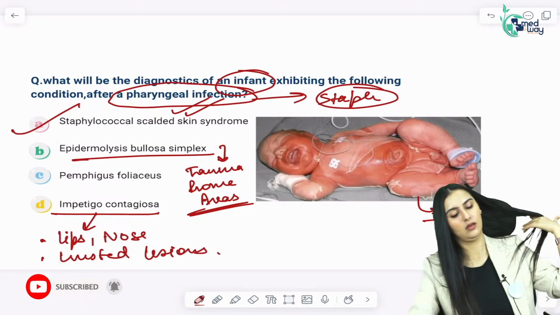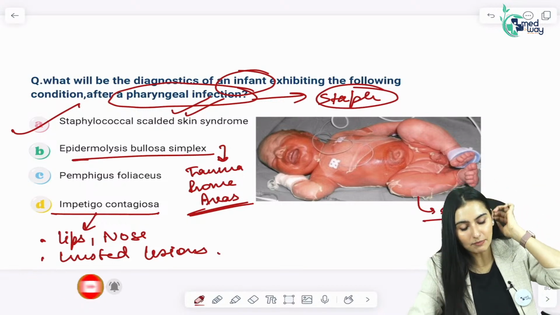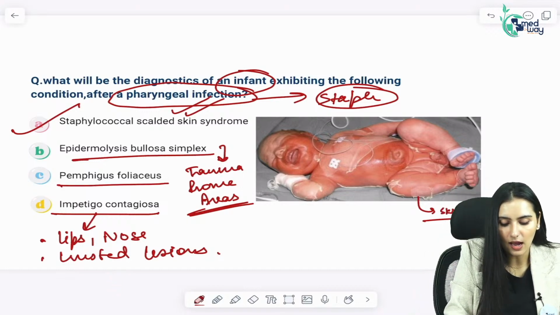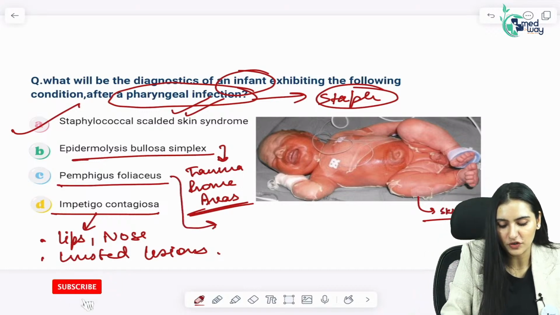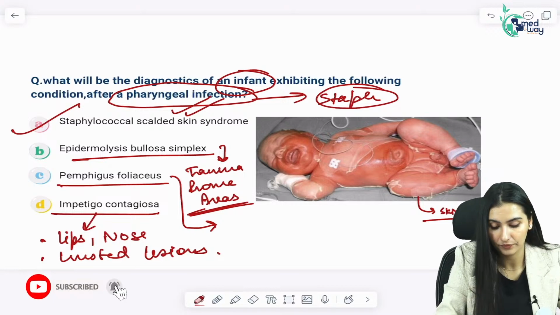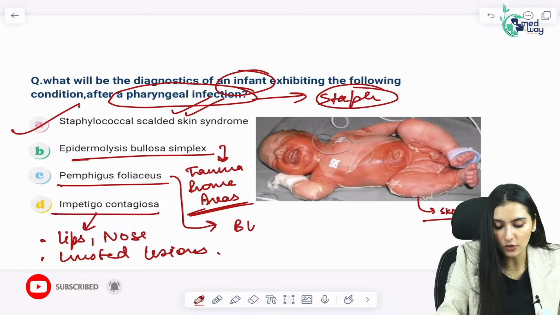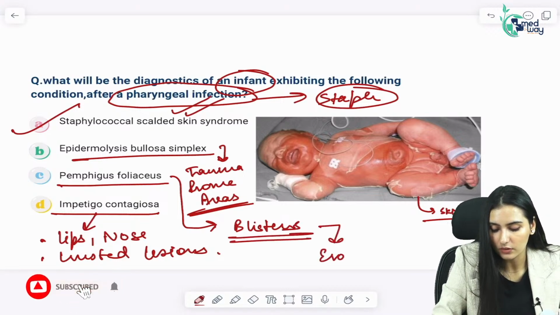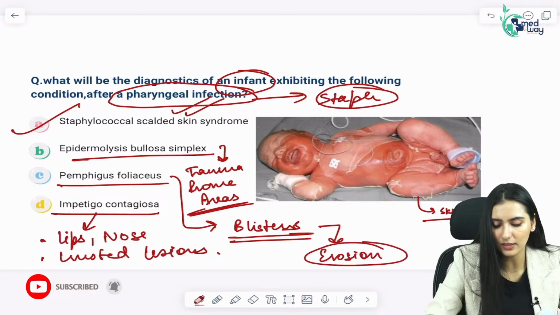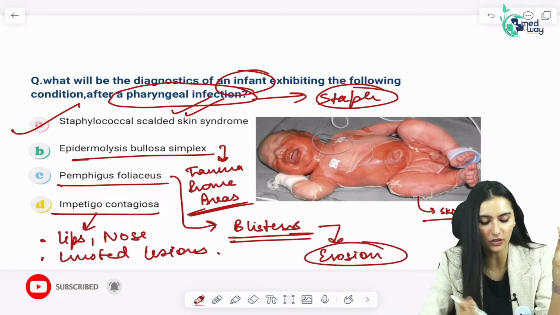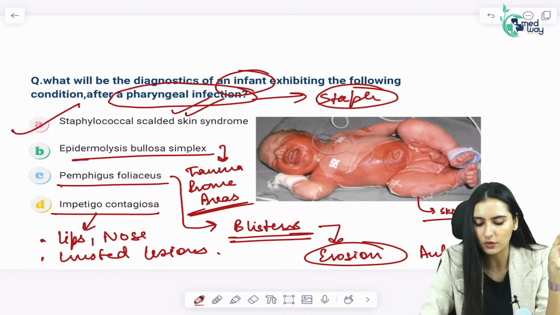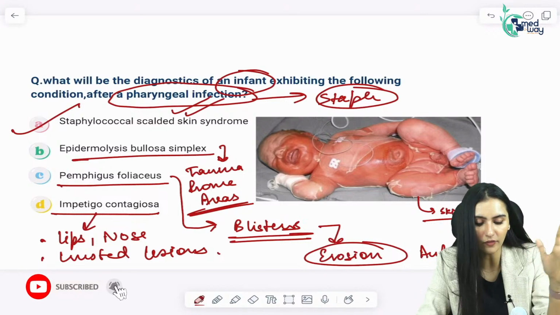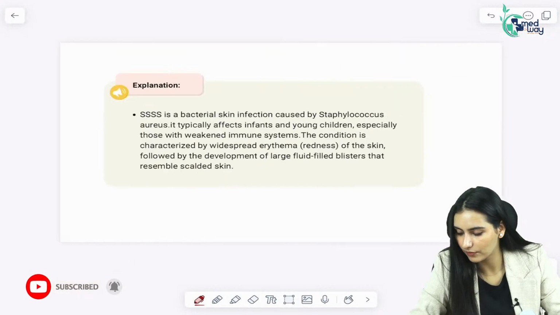Okay? Why not pemphigus foliaceus? Again, pemphigus foliaceus are going to be very superficial blisters which don't actually present as blisters ever. What does it come with? It comes with just erosions. But this is not the clinical picture. If they say pharyngeal infection, pemphigus foliaceus is again an autoimmune disorder. So if they say pharyngeal infection, you think of staphylococcal scalded skin syndrome. Next,